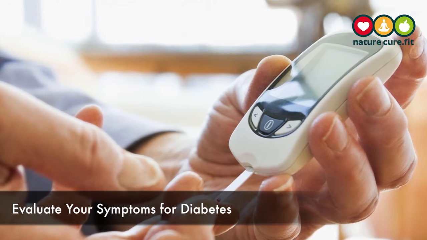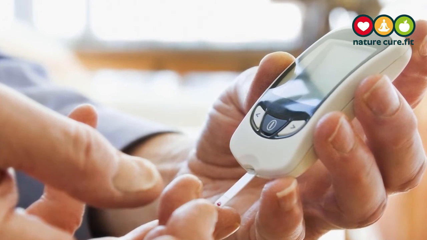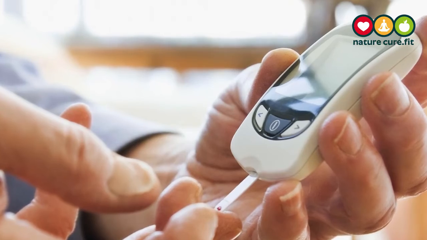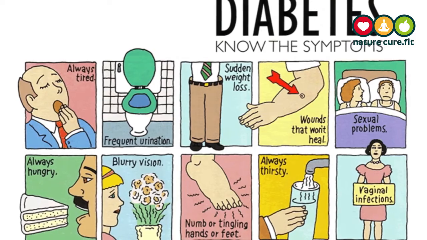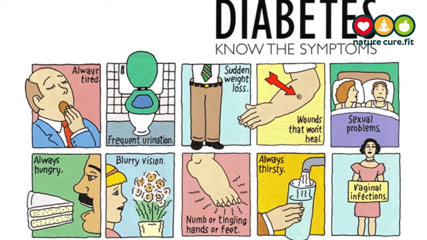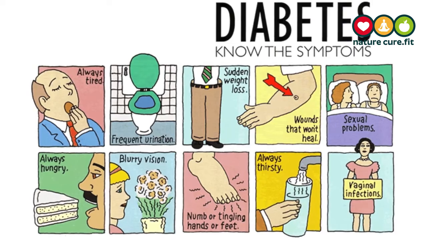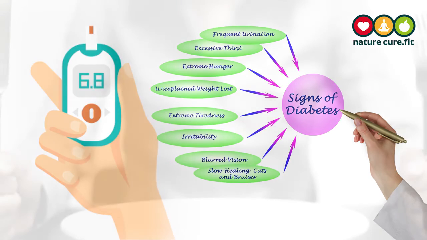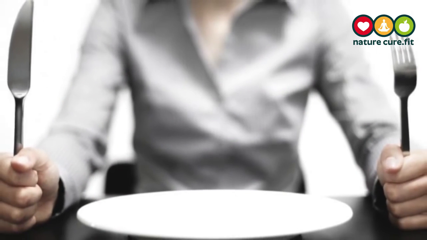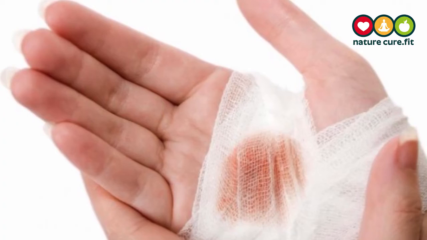Evaluate your symptoms for diabetes. Be aware of your health condition and watch for these signs that your blood sugar may be elevated: unexplained weight loss, blurry vision or vision change, increased thirst from high blood pressure, increased need to urinate, fatigue and drowsiness even with adequate sleep, tingling or numbness in the feet or hands, frequent or recurring infections in the bladder, skin or mouth, shakiness or hunger in the middle of the morning or afternoon, cuts and scrapes appear to heal more slowly,